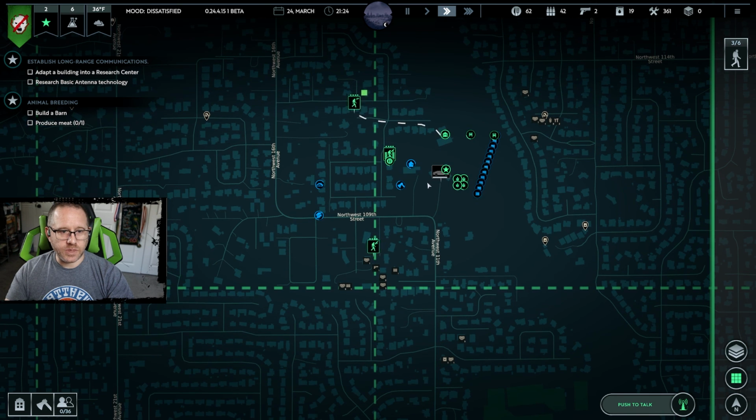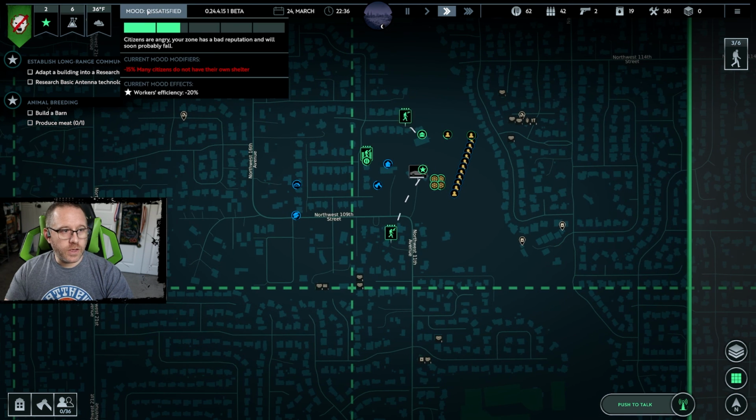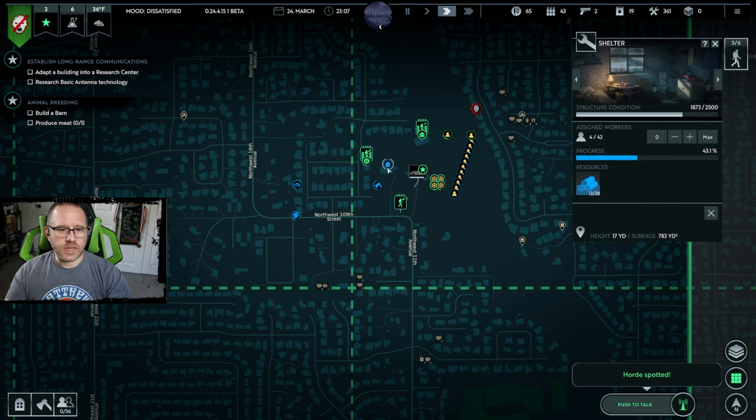This one looks like they're going to be fine on their tasks. They got their items, and they're heading back in. One, two, oh, this one's already back. They're done, and they're back in, so we're good. Okay, why are we dissatisfied? Many citizens do not have their own shelter because it's...